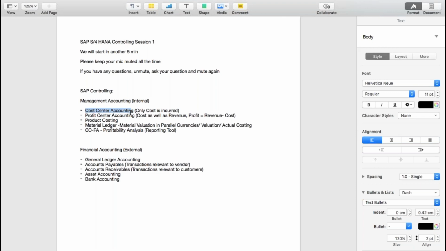Now in November, I'll only be able to get the report on what happened in November at the end of the month. But if I want to plan today itself, based on my previous months, I know that in November I'm going to incur this much cost. So I can do the planning. Then for the entire month, from 1st of November to 30th of November, I'll keep booking the actual cost. At the end of the month, I will compare the plan versus actual, and that will give me the variance. So that is correct.